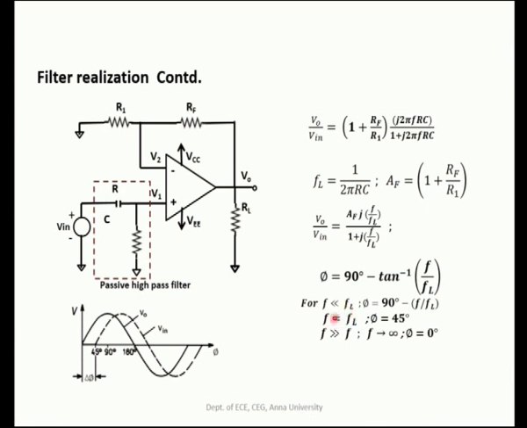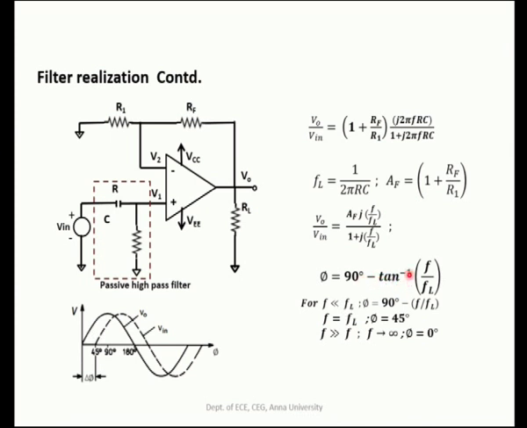Now, consider the three cases: f much smaller than fl, which is the stop band; f equal to fl, which is at 3 dB; and f much greater than fl, which is the pass band for the high pass filter. For the first case, f much smaller than fl, theta is very small. So we can express phi minus 90 degree as minus tan inverse of f by fl, and if we take tan on the other side,